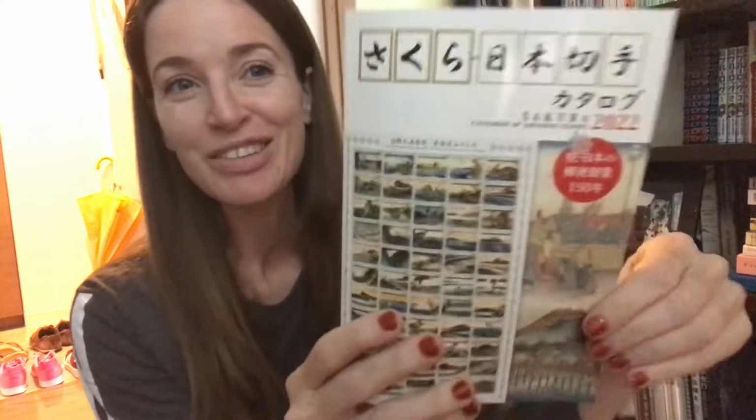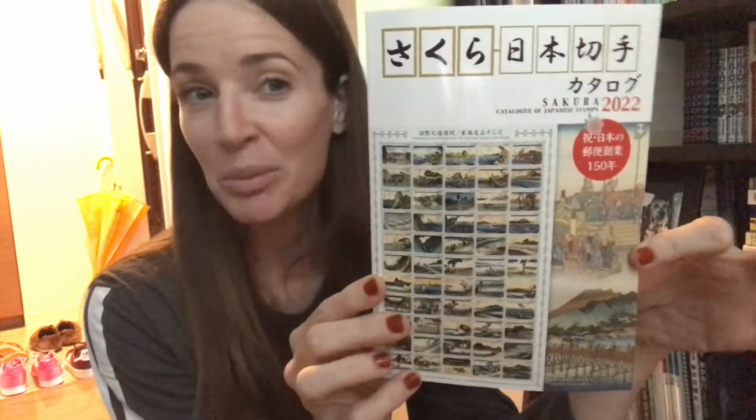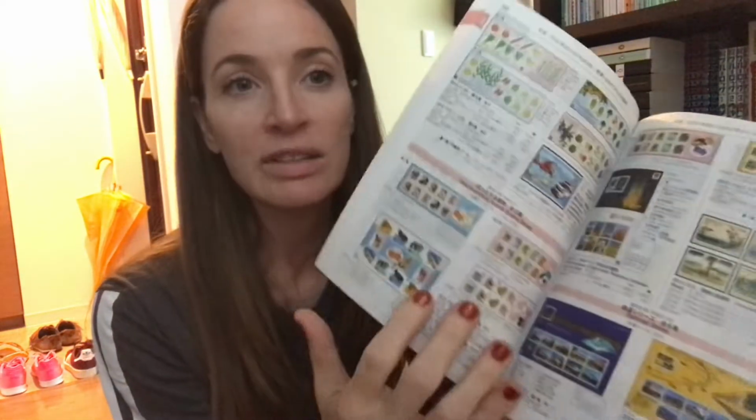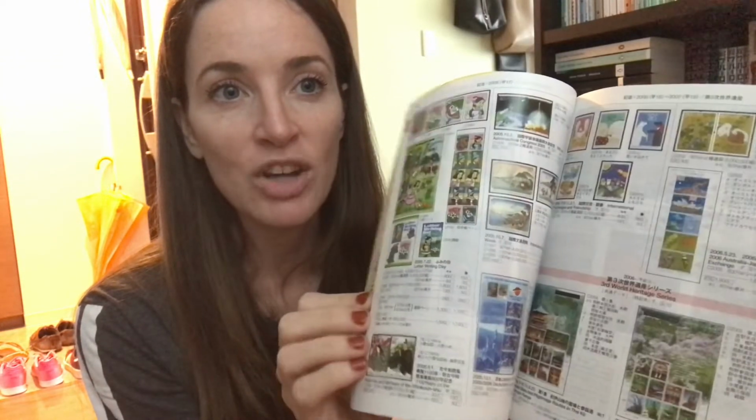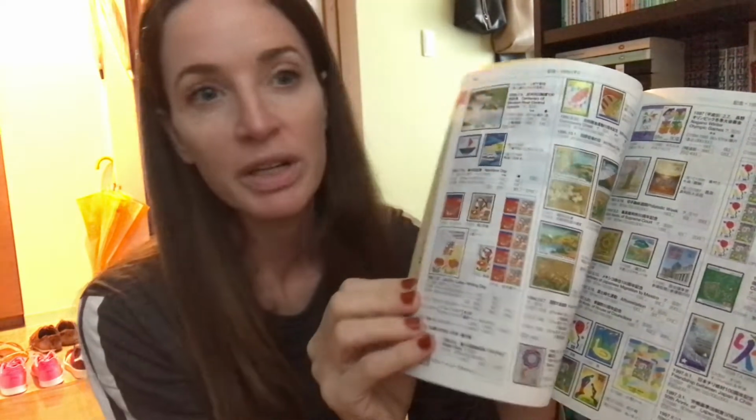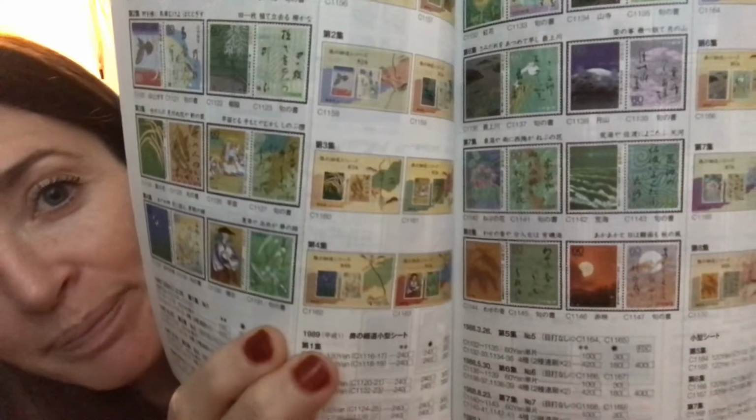Then I have the 2022 catalog of Japanese stamps. These catalogs are for philatelists, so you can see all the stamps that have been created by the Japanese post office. Every country has their own catalog, and it tells you what date they were released, and the value they have, whether they're in used condition or mint condition, and things like that. And again, like the previous catalog I have of Ukiyo-e, it's miniature glimpses of art that are really fantastic,